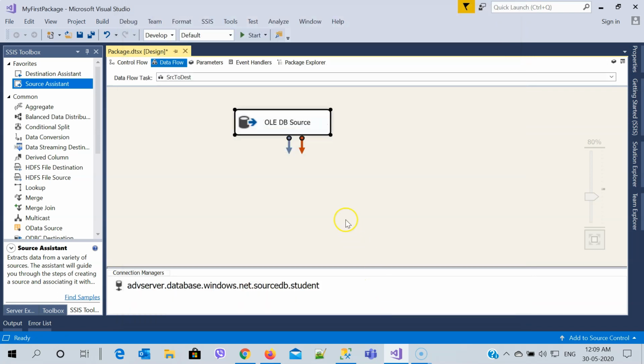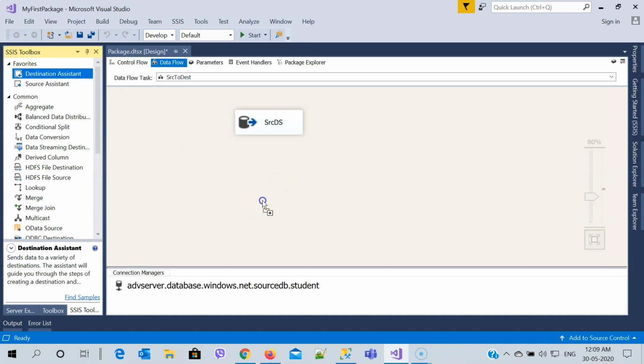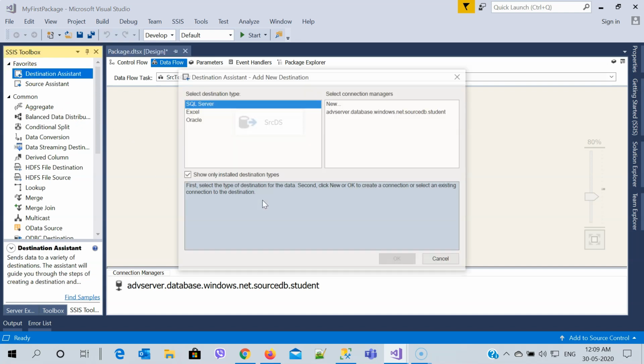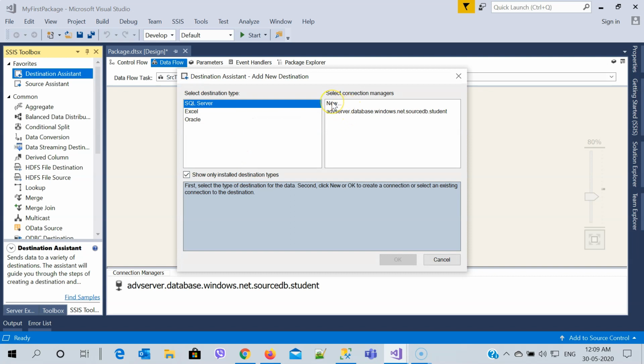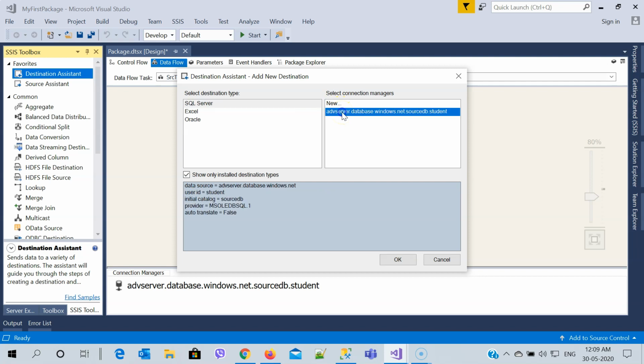As soon as I click OK, the error is going to be removed from here. So you can call it the source data source. And then I'm going to add one destination assistant as well, just right here. And it's going to be a new SQL Server.